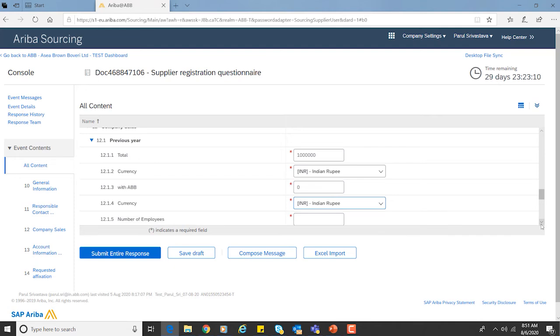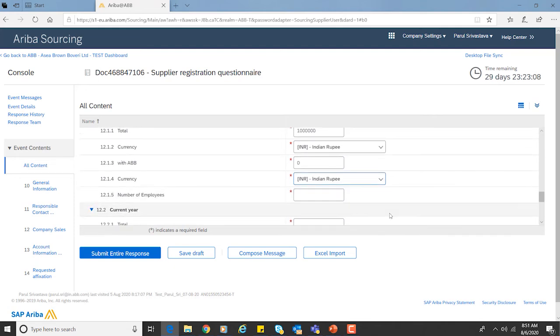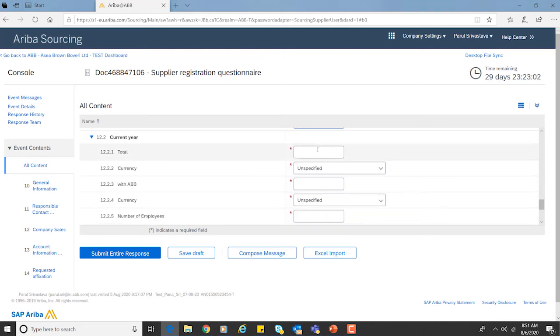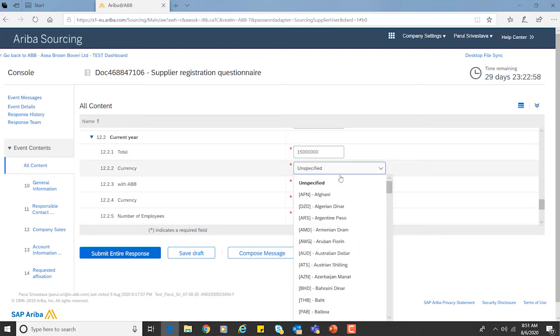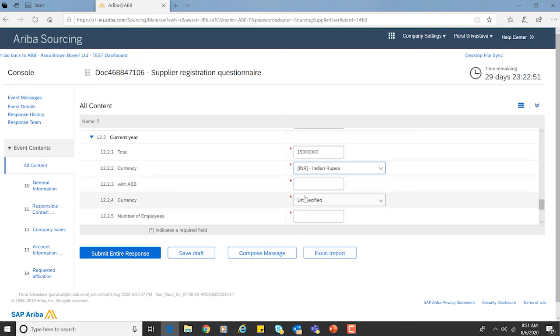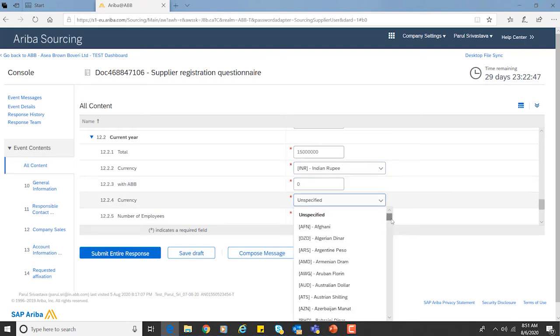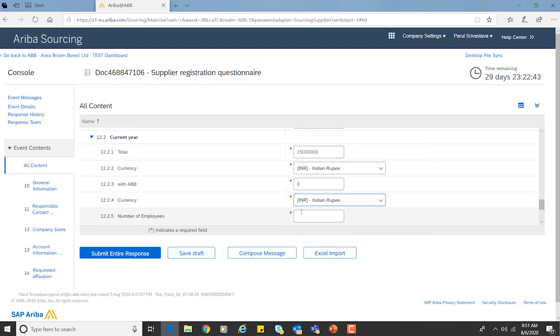And what is the number of employees? I'll just put 15. Now for the current year, same way, again we need to put the currency, with ABB. Currency. Now I have grown, I have 20 employees.